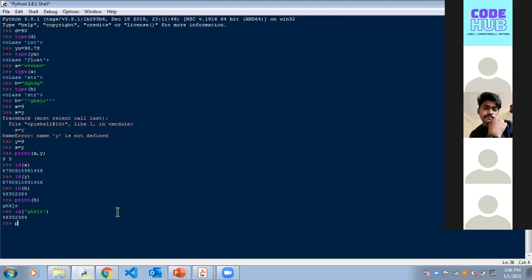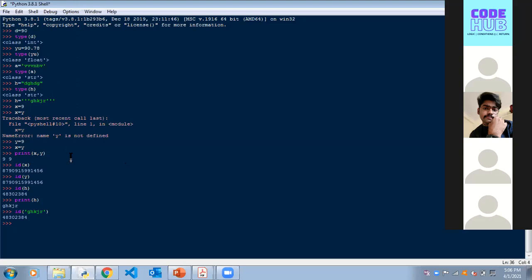Till now we have learned 3 functions. What are the 3 functions? All that is in pink are called functions. Just tell me what are the 3 functions? Type, print and ID. I'll give you the recap.